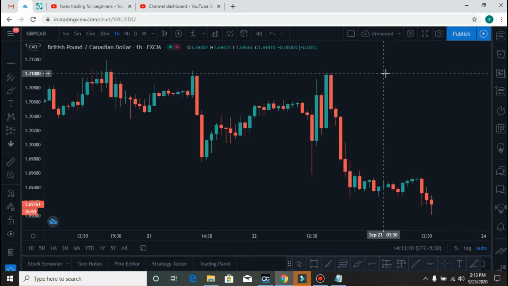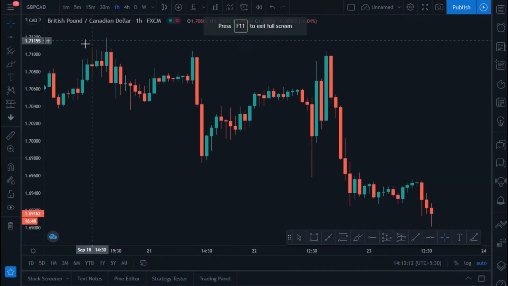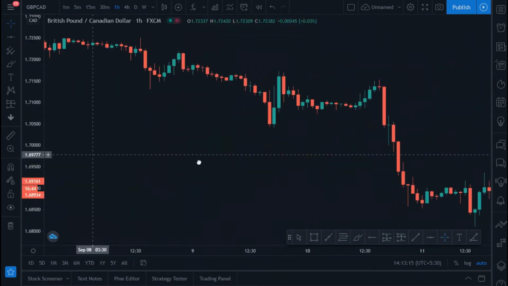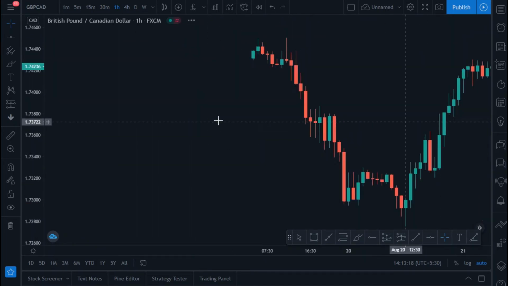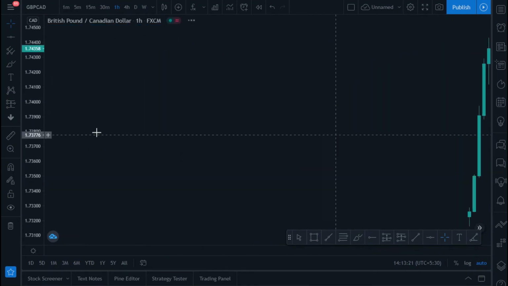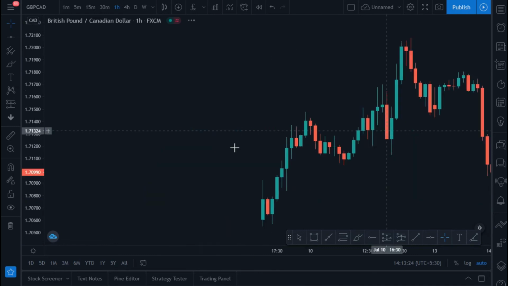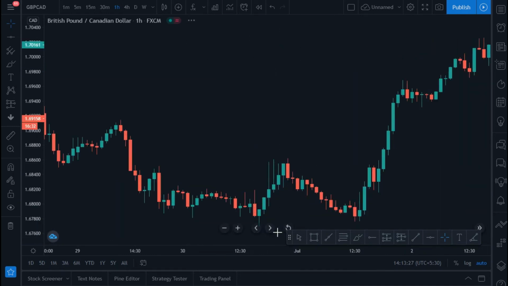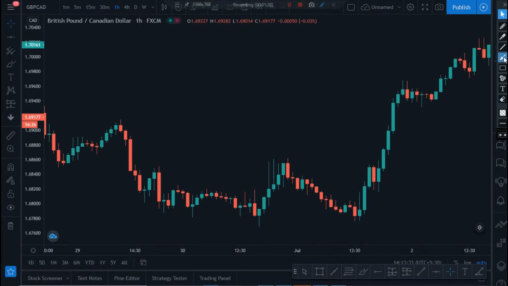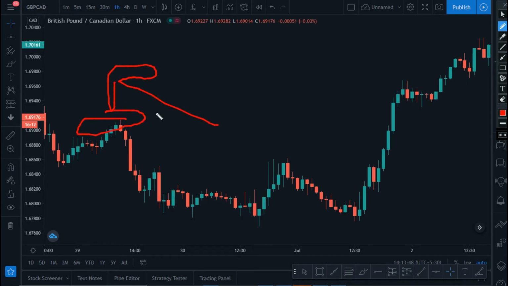So let's start. Right now I'm on the chart of GBP USD. I will go back and show you something very interesting. This is not working one time, it will work 70 to 80% of the time. As you can see, I am on this area. The price is going up, and I have noticed that this particular area acted as a resistance, and this resistance has been broken out by these bullish momentums.